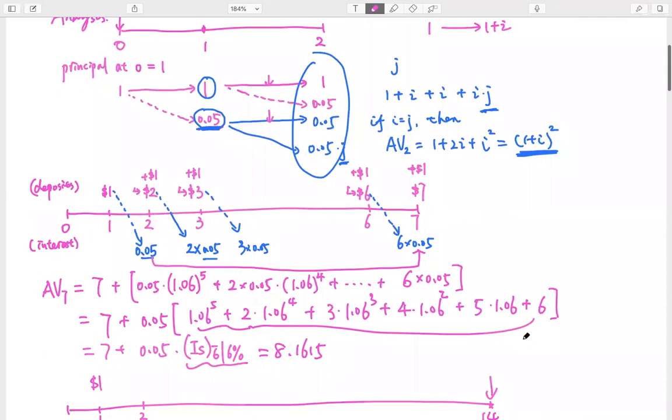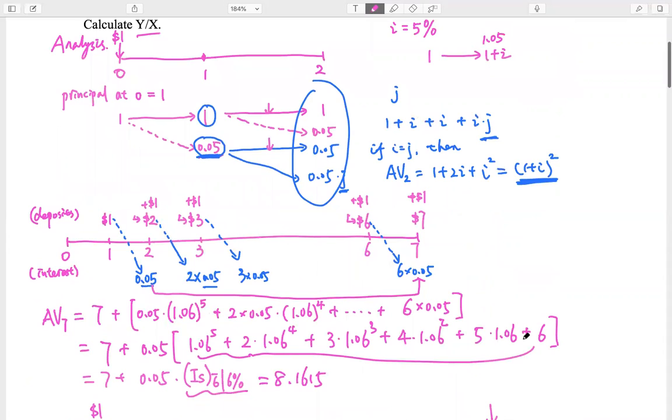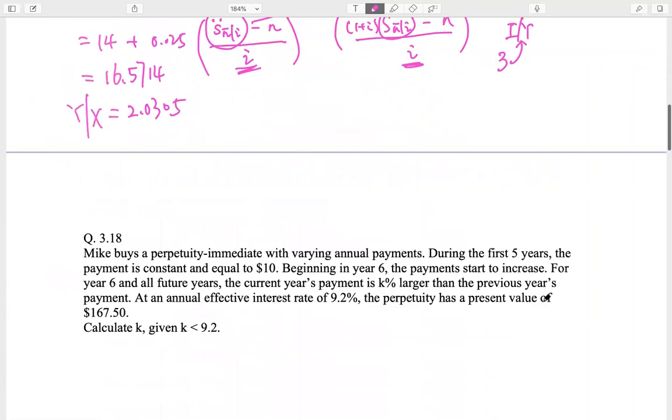Oh, by the way, I think I made a big mistake down here. So if this is the, there is right, because we use i to calculate interest. I saw it wrong. Next one is